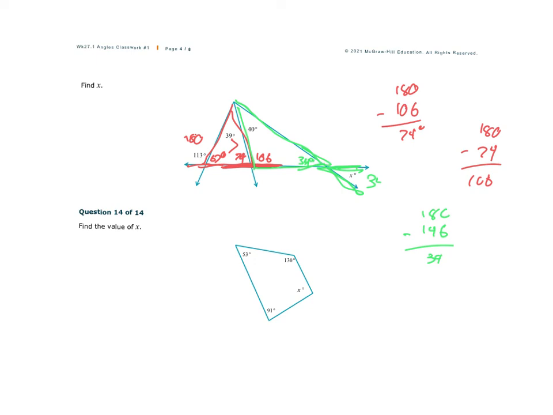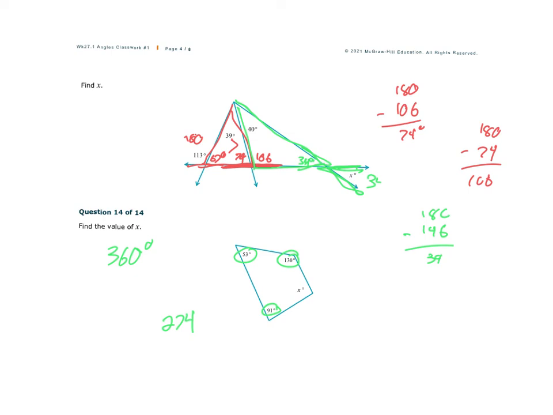Okay, last problem. We have a quadrilateral. We know a quadrilateral is 2 triangles. So if one triangle is 180 degrees, both of them together are going to be 360. All quadrilaterals add up to 360. So far we have 91 plus 53 plus 130. Those add up to 221,